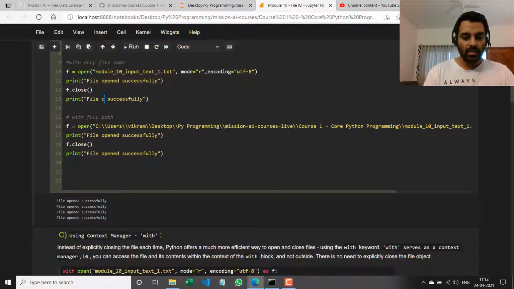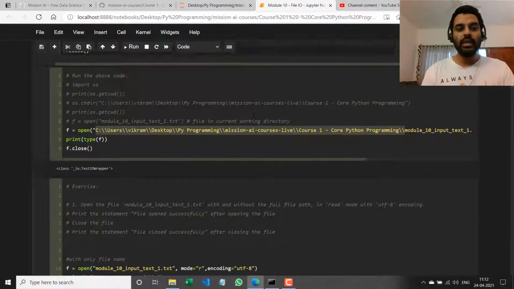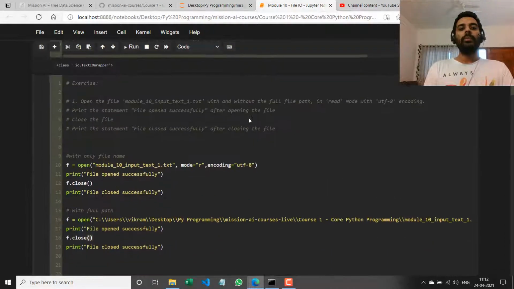Oh, sorry, I have to say file closed successfully here. So I opened and closed the first one successfully using just the file name, and opened and closed the second one successfully using the entire file path. And I have specified read mode with encoding UTF-8. Okay. So you now know how to open and close a file